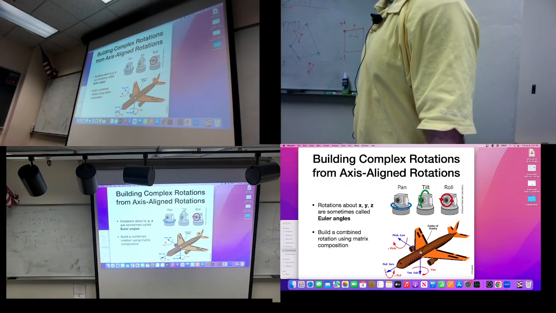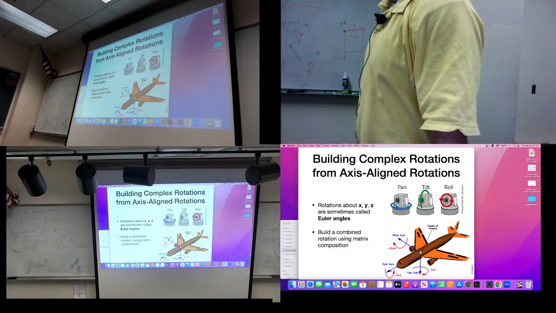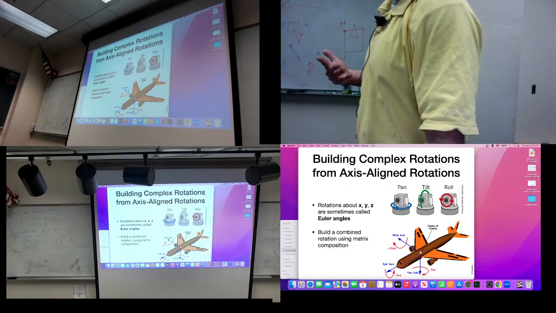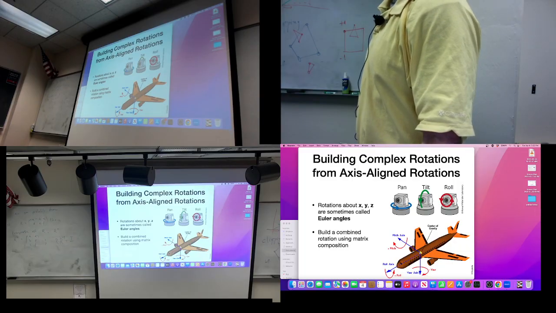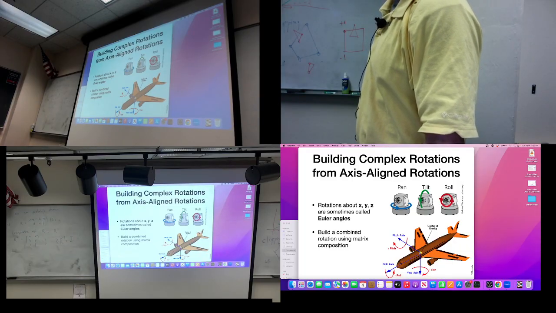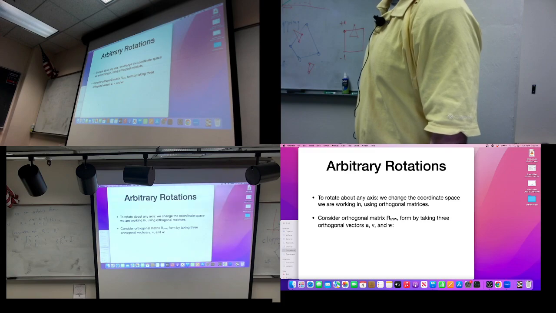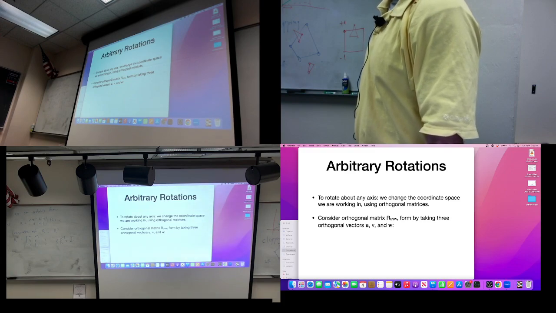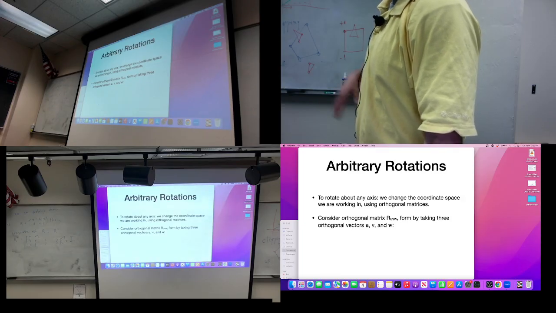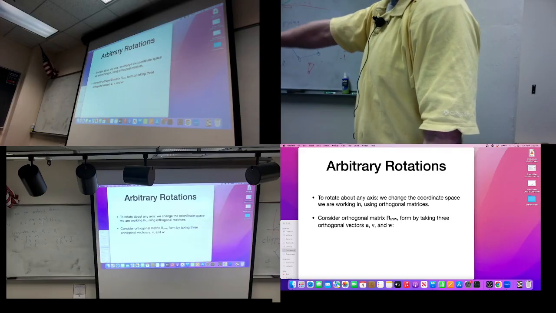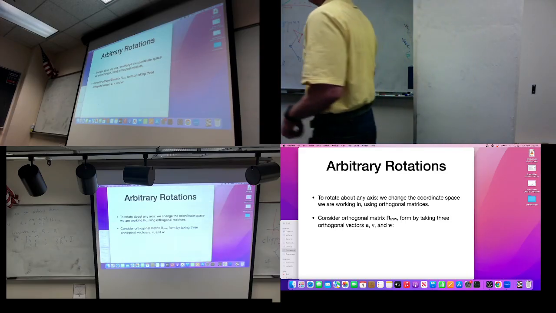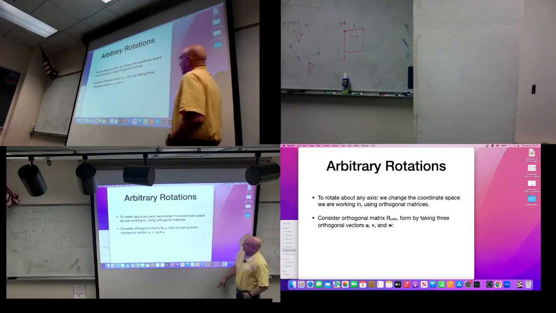But for just changing the view parameters, the camera parameters, I don't need to be so careful about how I represent it. So what do we do about an arbitrary rotation? To rotate about any axis where I'm looking at, I want to rotate the image where I'm looking at. What I'm going to do is